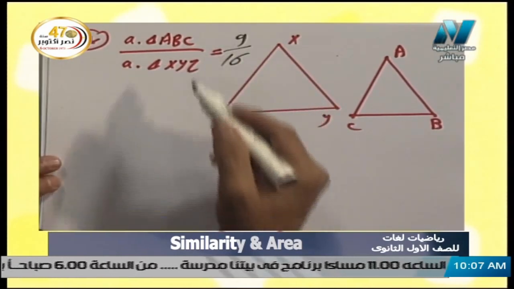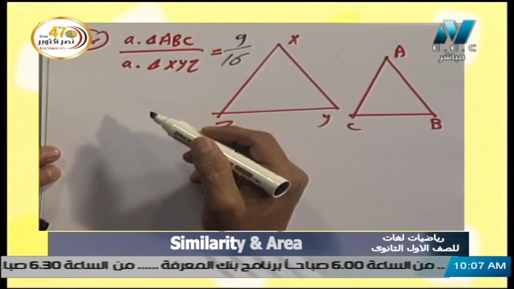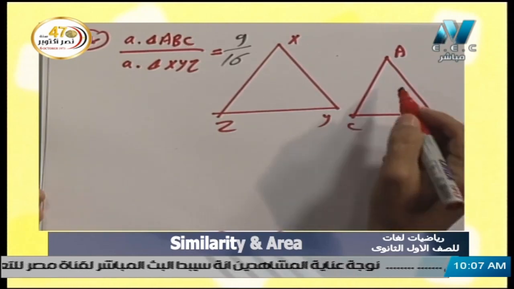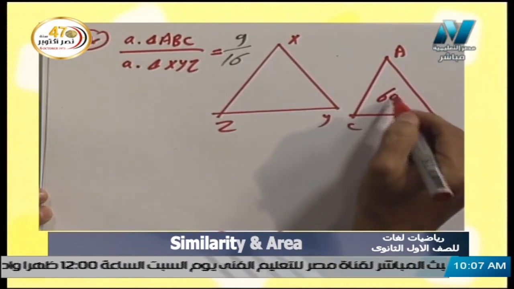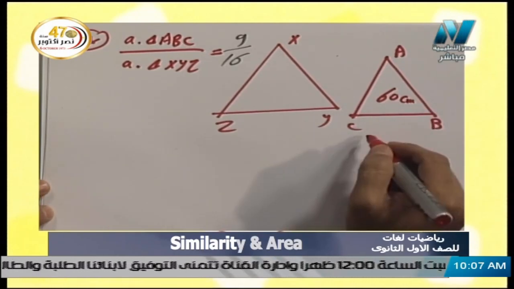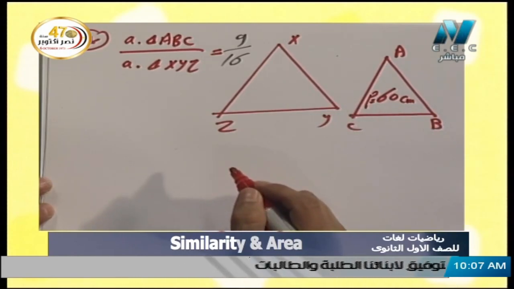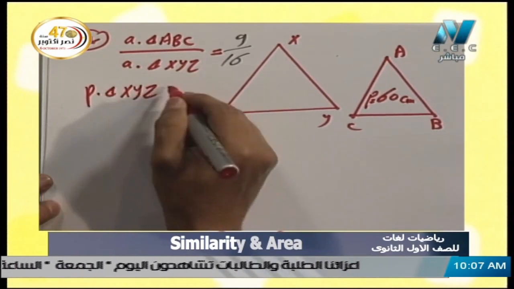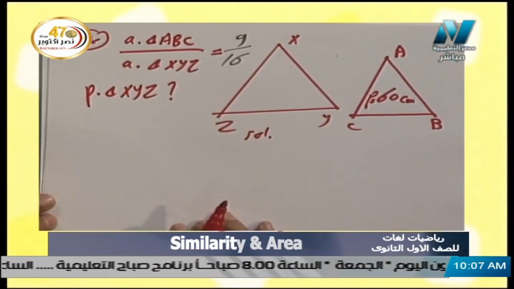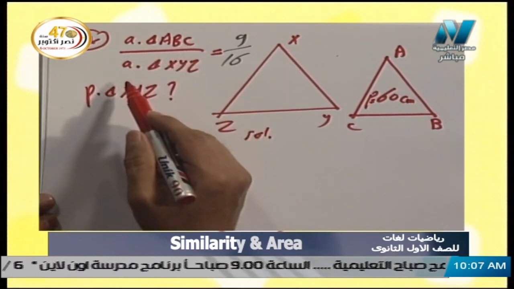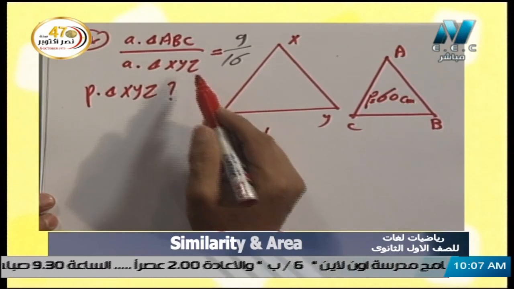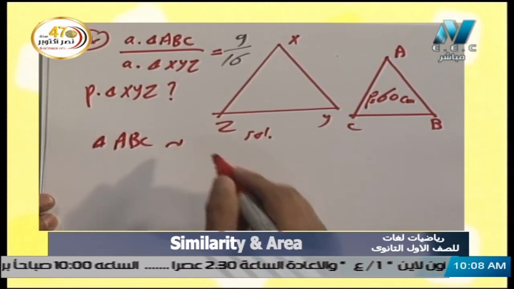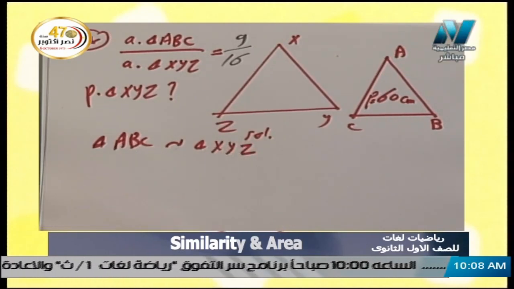So we have the ratio of the areas, okay, and he gives that the perimeter of the smaller, which is ABC here, equals 60 centimeters. So the perimeter here equals 60 centimeters, and the request is to find the perimeter of triangle XYZ. Solution: we know that the area of triangle ABC over the area of triangle XYZ equals the square of the ratio. We know that triangle ABC is similar to triangle XYZ. So